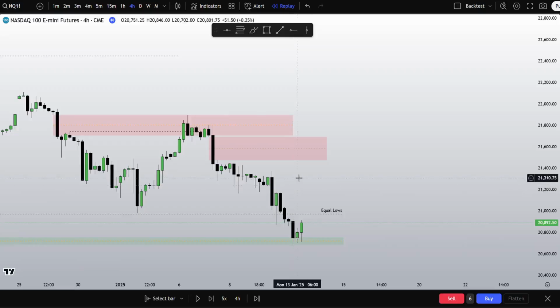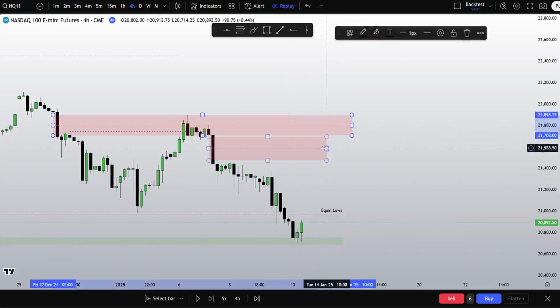Again, you'll see most of the time we're almost at that draw on liquidity. We've disrespected a PD array. So that's what I want to see, because the market is showing its cards at that point. It's showing its hand. It's telling you, hey, we're disrespecting things that are opposing us, and there's a clear high that we're likely going to go and attack. So just past the hour mark of that, I'm going to call that a video. Just showing the likely draw that'll help you with session bias and daily bias.